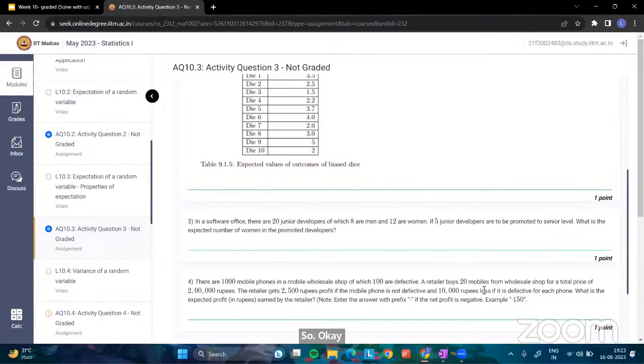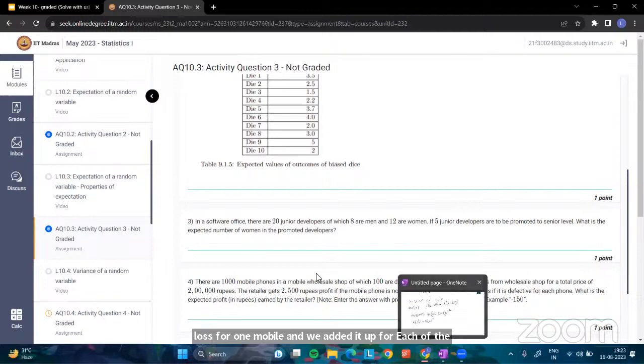In 4, what we did was we found the profit or the loss for one mobile and we added it up for each of the 20 mobiles, which follow the same distribution. So we can just add the individual expectations. So here in this question,